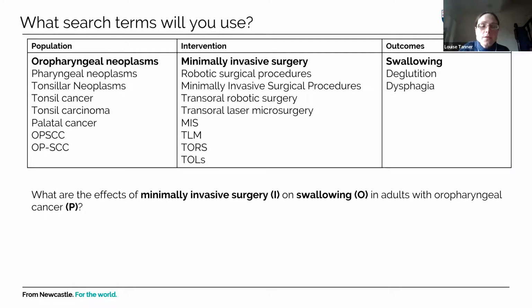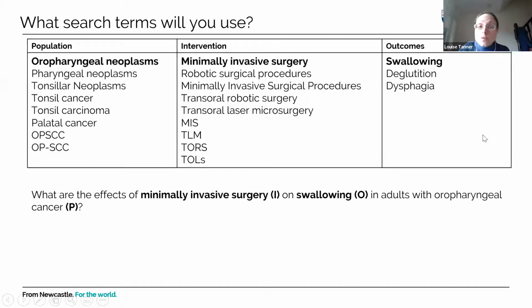the different synonyms for that term, all of the different ways in which oropharyngeal cancer could potentially be described in studies. Because when you implement your searches in the bibliographic databases, it will search for the words that you've searched in the titles and abstracts of studies within that database. So you need to come up with a list of synonyms, the different ways in which that term could be specified. You would do that separately for the population, the intervention, and the outcomes.